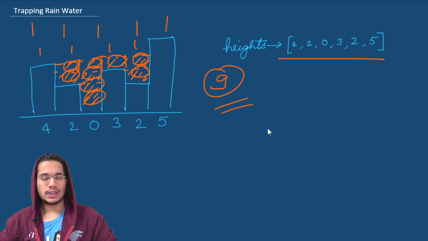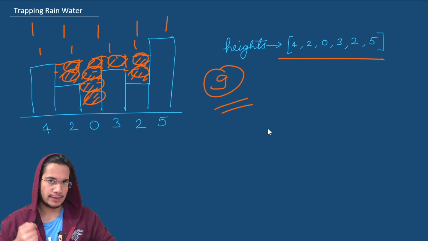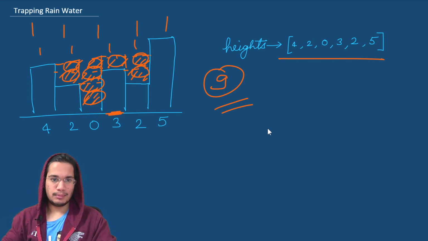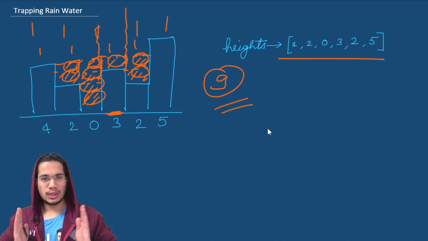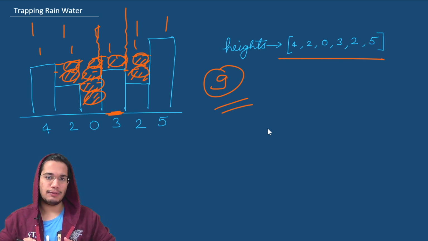So in order to solve this question, the correct approach would be, for every single building, to find the maximum amount of water that that particular building can store on top of it. And once we add these values for every building, we'll get our answer for the entire array of buildings that we are given. Now let's consider this particular building, for example. We know that for the building of height 3 to store any water, there should be something greater than height 3 towards its right, and something greater than height 3 towards its left as well, because the water needs to be bounded on both sides. If there is nothing on either of its sides, then water can simply fall from that side.